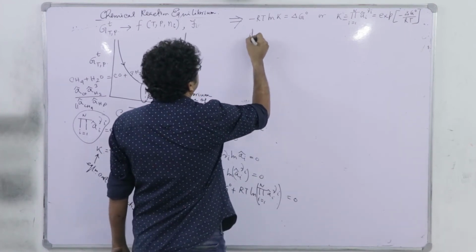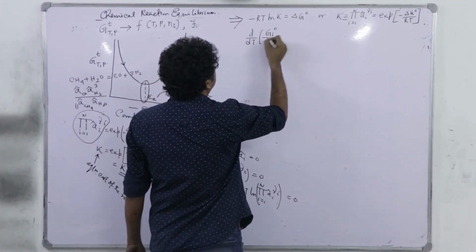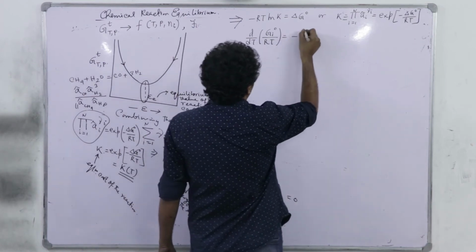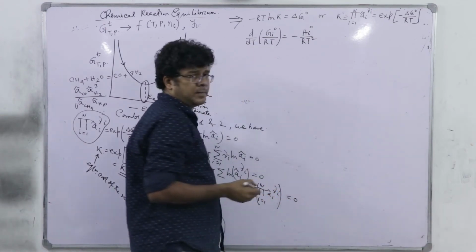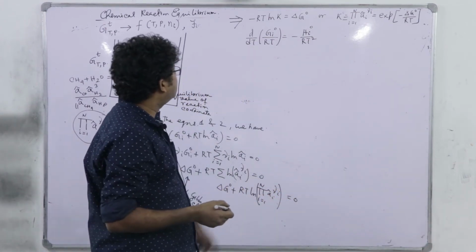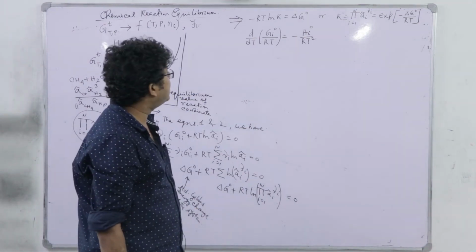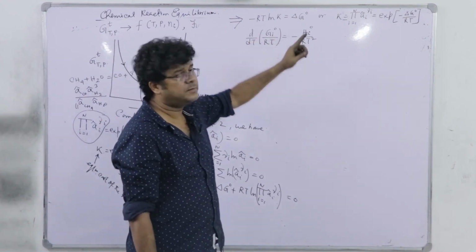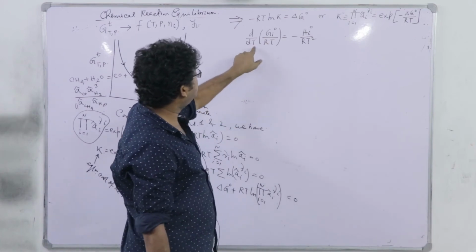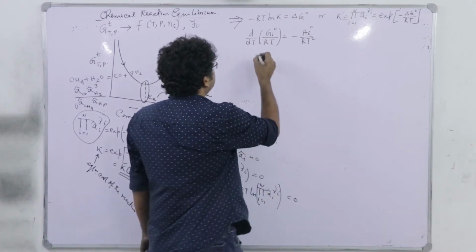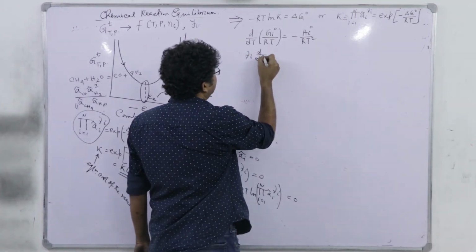See, d/dT of G_i naught by RT equals minus H_i naught by RT squared, that we know, because d(G/RT) equals V/RT dP minus H/RT squared dT. Now, once it is a standard state property, pressure is specified, so it is only a function of temperature and it is a total derivative. Now, if I multiply nu_i on both sides,